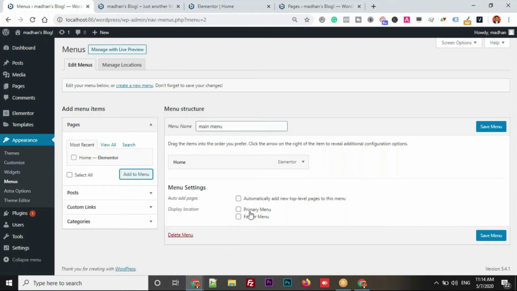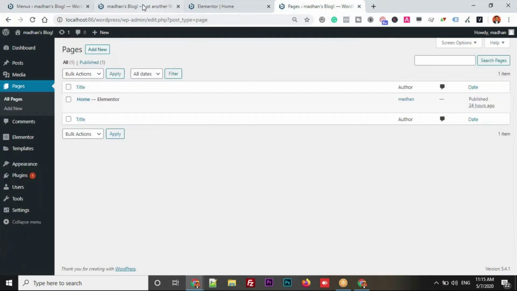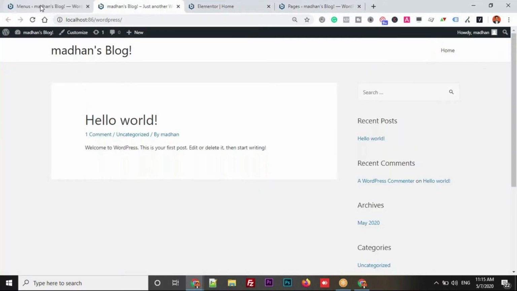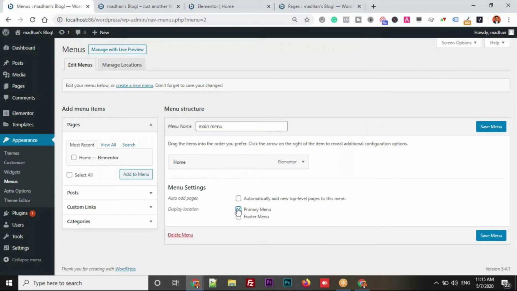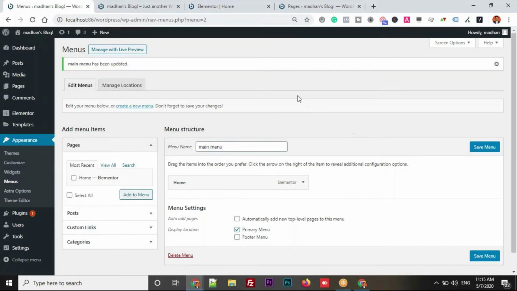If you observe these display locations, you might have different names at your end. These names will vary based on the theme that you choose. You might see top menu, footer menu 1, footer menu 2. Multiple menus might be there, with different names. But the primary menu or top menu indicates the main menu of your website, this one. That is the reason you need to pick it. I want to put it as a primary menu. Save Menu.